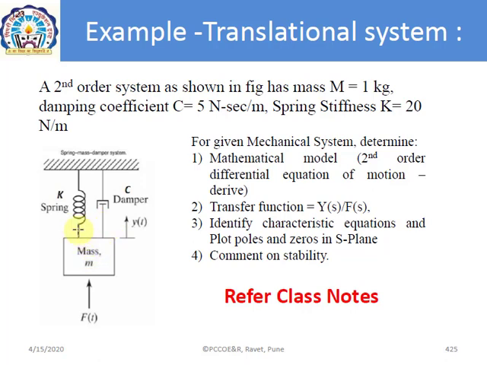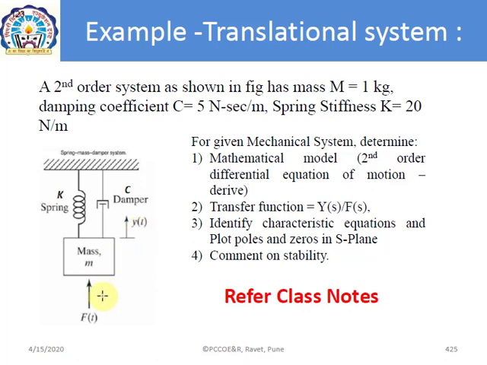Now this system carries a spring, mass, and damper, and the spring and damper are in parallel because the deformation is the same. This system is subjected to the force function F(t). Because of this force F, the system responds, and that response is measured in terms of y(t). We can easily understand here that F(t) is the input and y(t) is the response of the system.